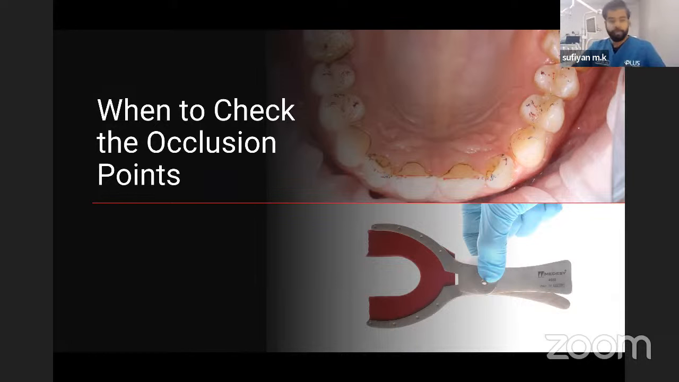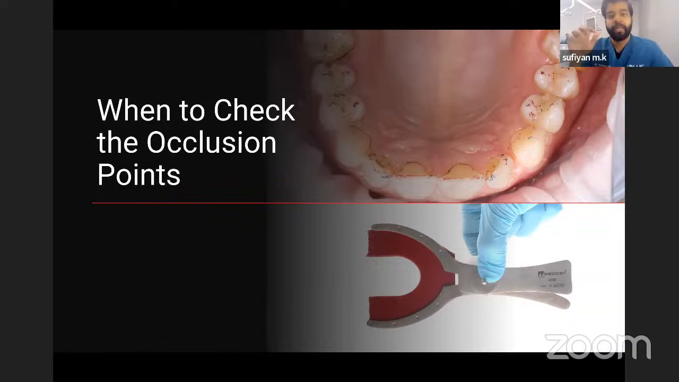You take a photograph of it, and then you record it and document it and keep it aside as a reference. Why? Because this is the same kind of occlusion you will be giving back to the patient after the prosthesis is delivered. And also you will share this photograph with the lab technician and tell him,